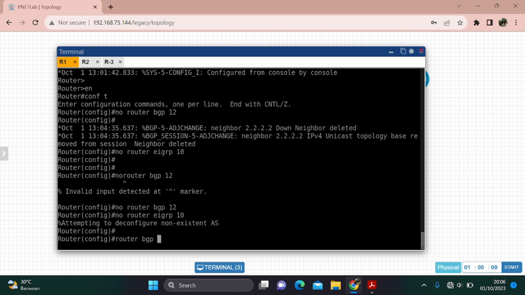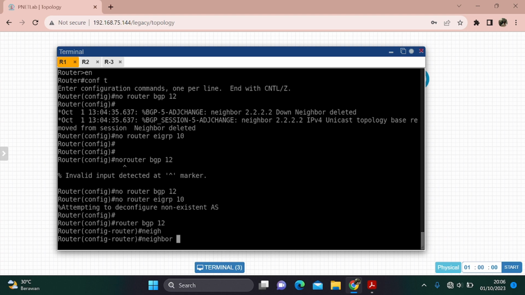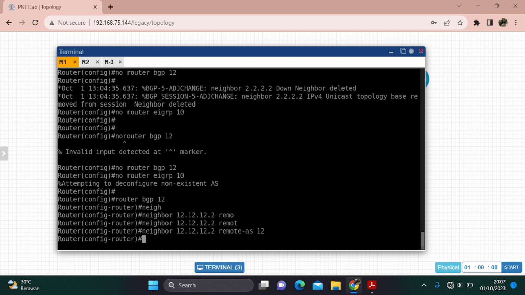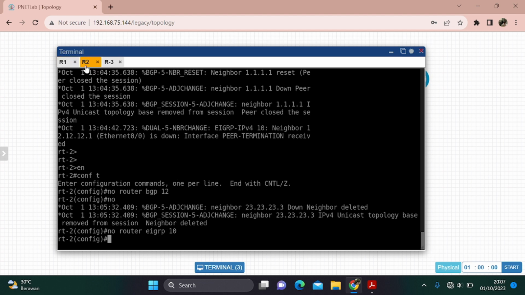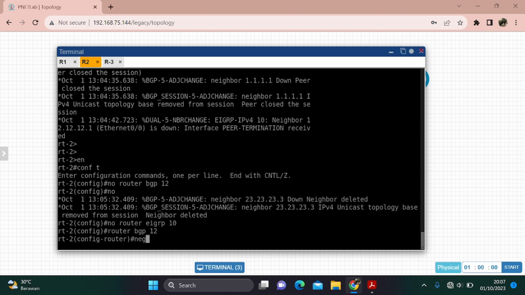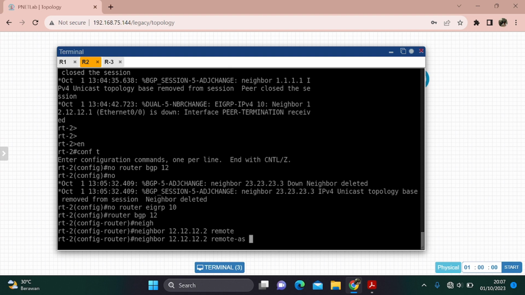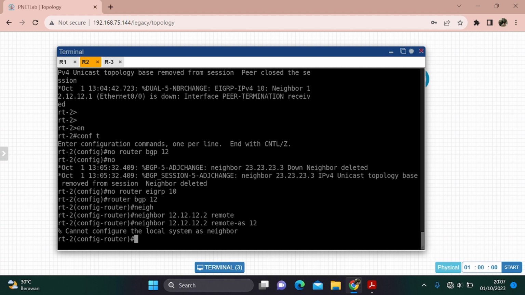Router BGP 12, neighbor 12.1.1.2, remote AS 12, and then go to router 2, and then router BGP 12, and then neighbor 12.1.1.1, and remote AS number 12.